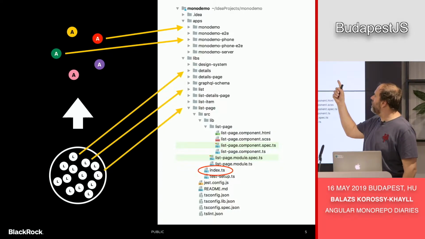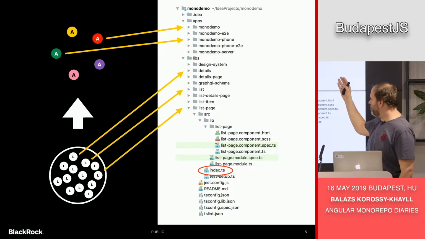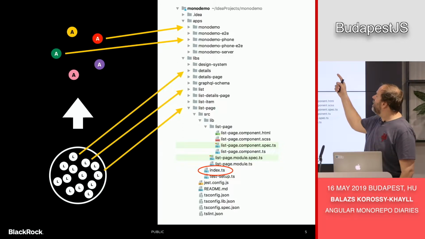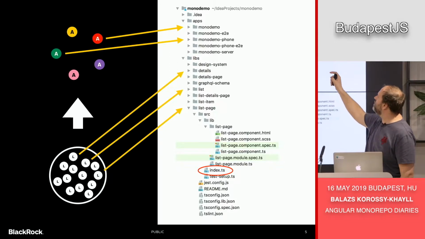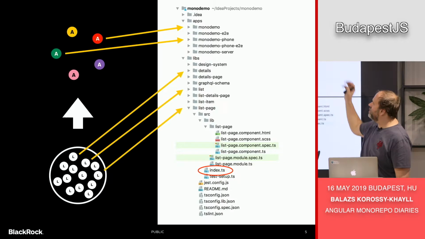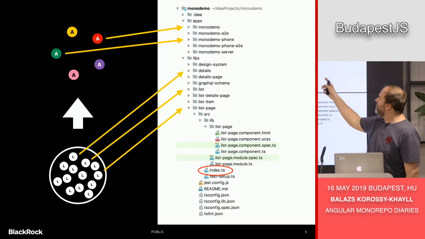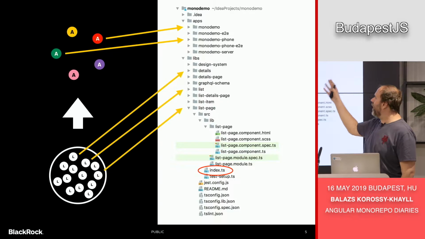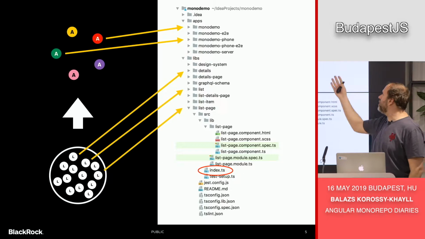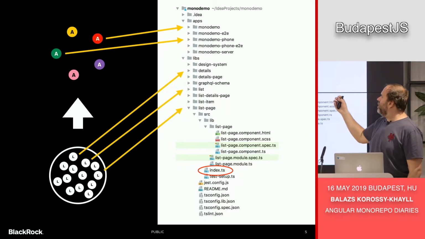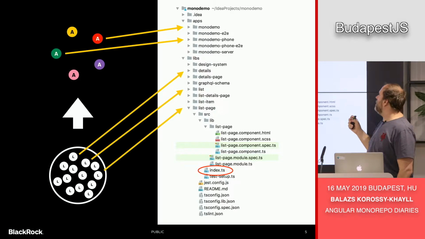On the top, you see, so this is one Git repository, right? In fact, it was generated with Angular CLI and a tool that I'm going to talk about later. And on the top, you can see the applications. There are multiple applications. In this example, there are 3 applications, and there are 2 end-to-end test applications. And then right after that, we have the libraries. I'm going to refer to these as libraries just to be consistent with what Angular CLI generates here.